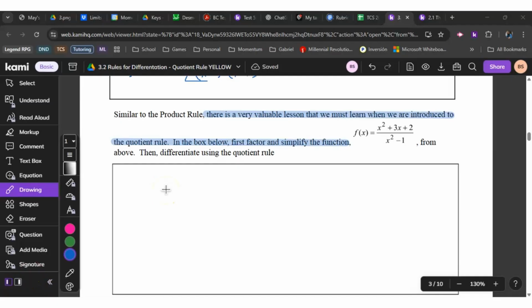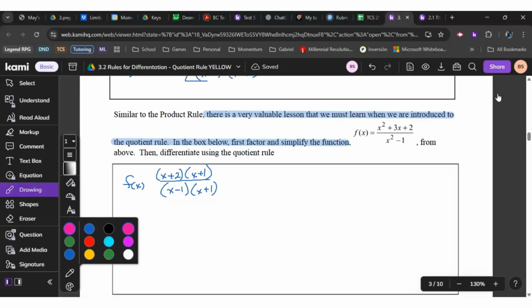Oh, there's a valuable lesson to be learned when we introduce the quotient rule. In the box below, first factor and simplify this. What'd you get? x plus 2 times x plus 1 over x minus 1 times x plus 2. Close. X plus 1. Because it's a difference of squares. It's okay. I believe you. All right, so we're going to cross those out. Then I get this. So f of x is that, which would mean